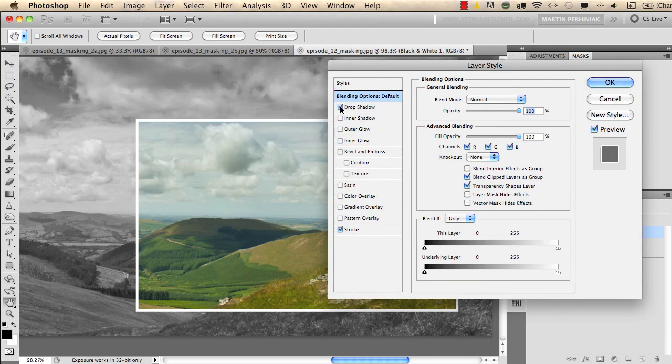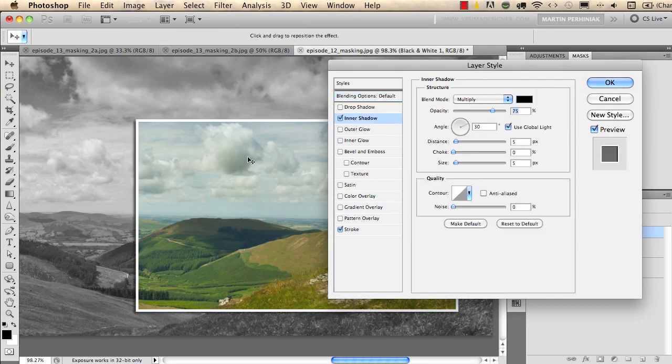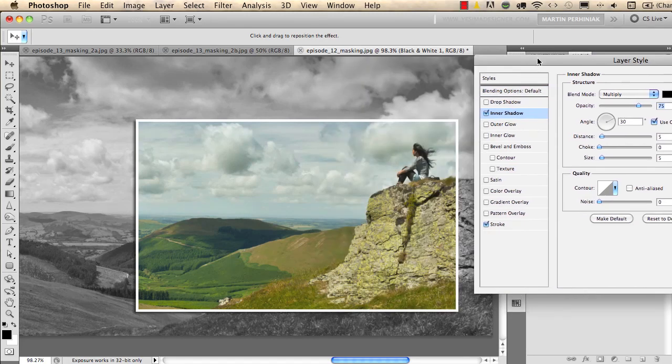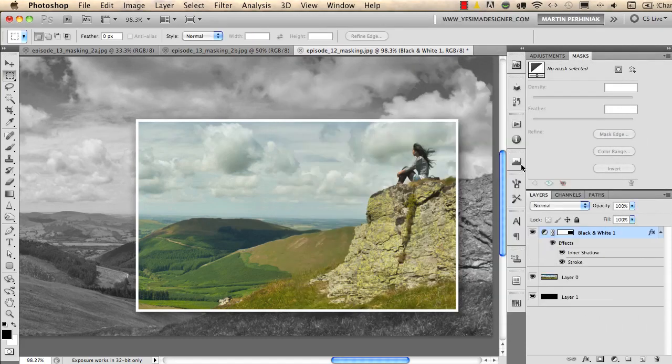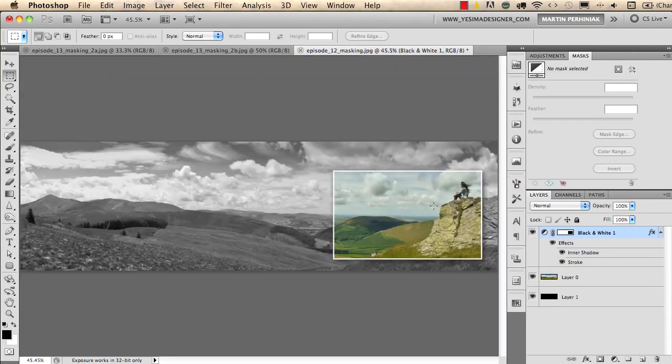But in this case, because we are using a mask, we need to use inner shadow to have the shadow around the frame. And just like with drop shadow, the inner shadow, if you select it, you can also click on the image and move the shadow around. So I will just put it somewhere there, and I will increase the size a bit just to blur it out a bit. Now I click on OK, and I zoom out, and you can see we have this nice